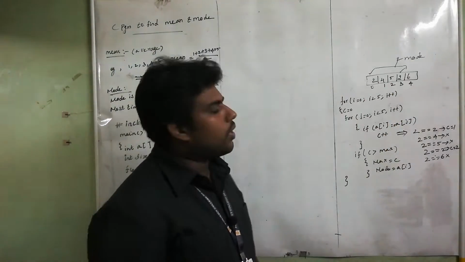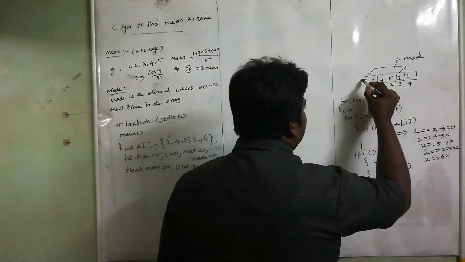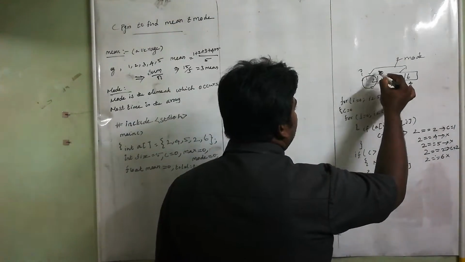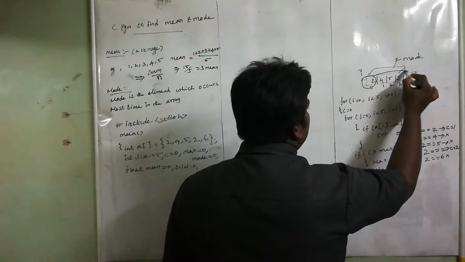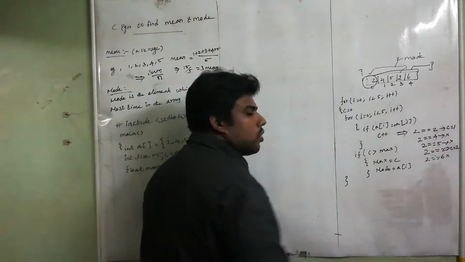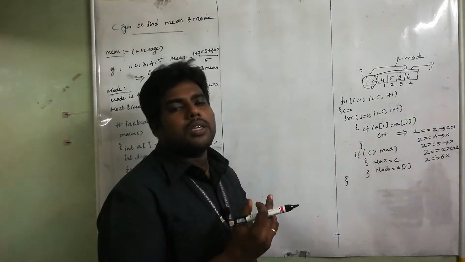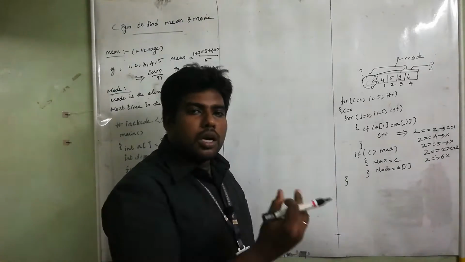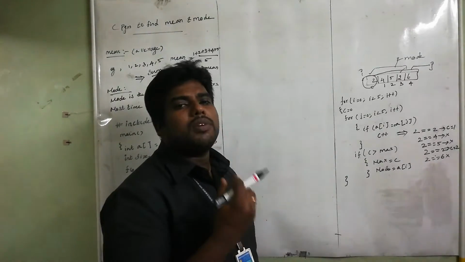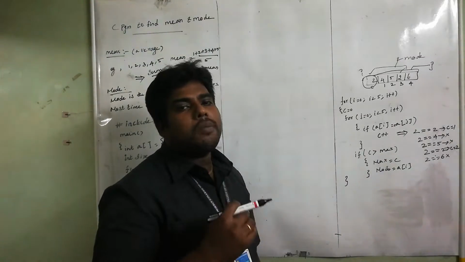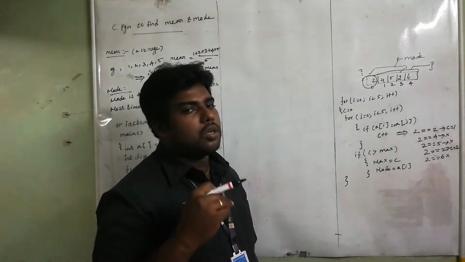How will you identify it? You have to compare. Take this element as i and compare it with all the others. You have to compare the first element with all the elements, then the second element with all the elements, the third element with all the elements, the fourth element with all the elements. Only then can you find out how many times the same element occurs. See here,